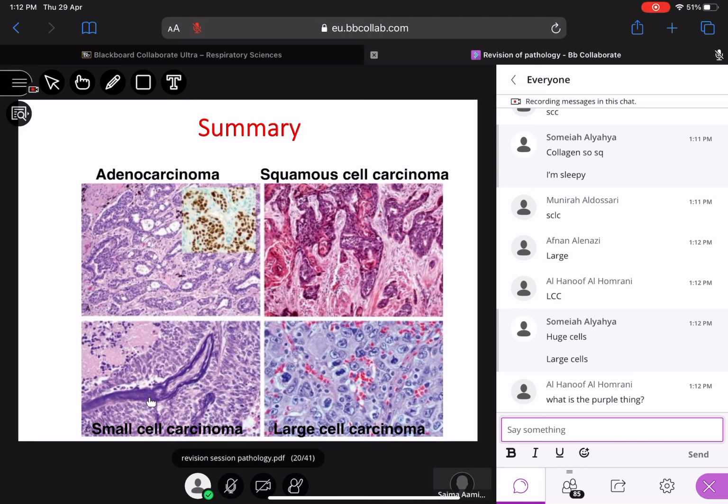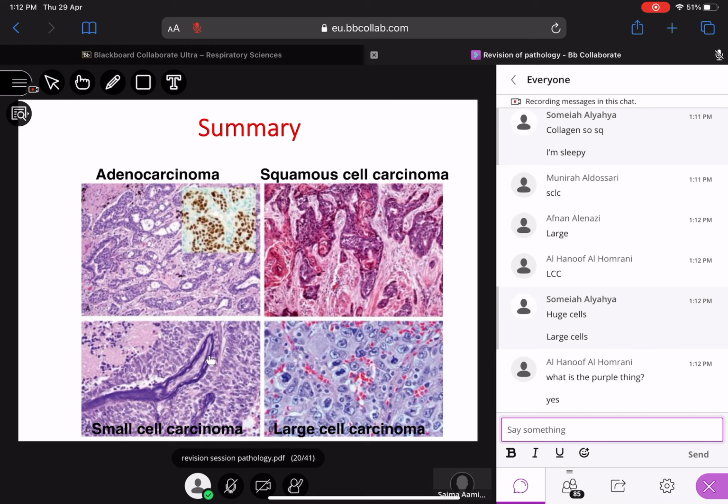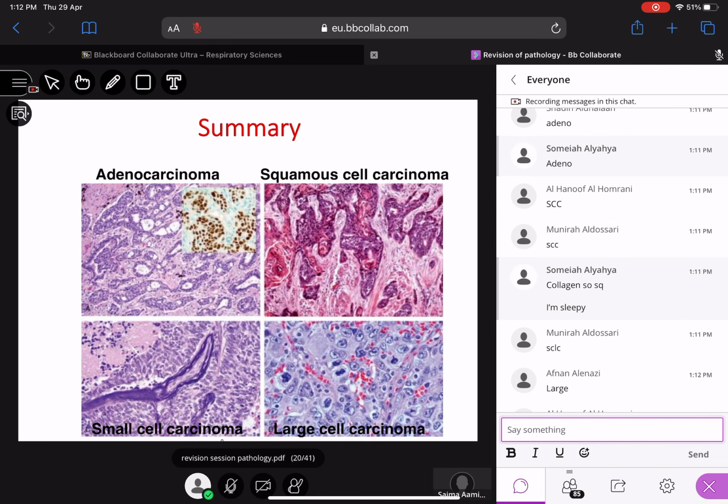This purple thing, okay. I have not told you, this is known as Azzopardi phenomenon. Actually, there is some basophilic staining of the blood vessel, which is also classic of small cell carcinoma. I have not told you this feature, but since you have pointed it out and I'm telling you, it is the basophilic staining of the vessel wall. It is seen in small cell carcinoma.